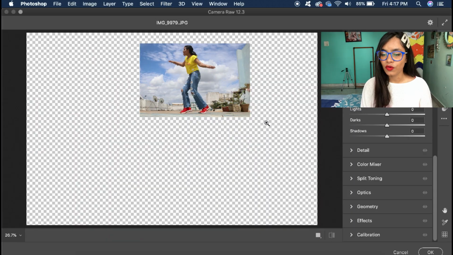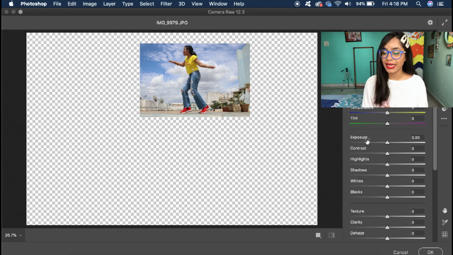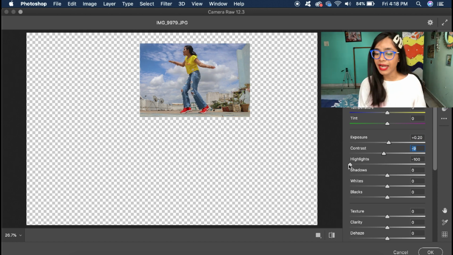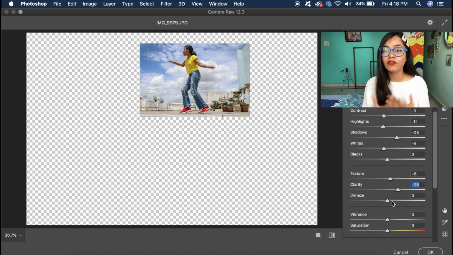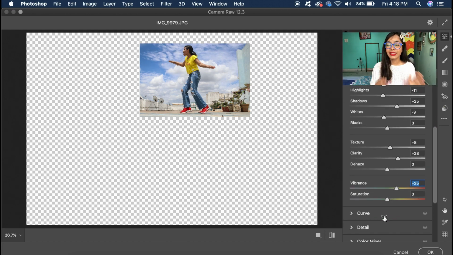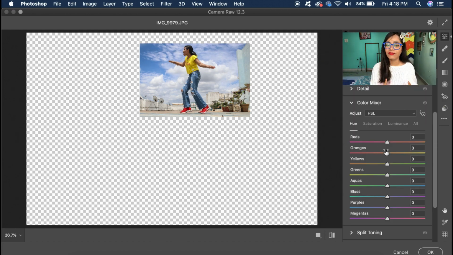As soon as I move into camera raw filter, it will open a mini Lightroom, where I can work with the grids, I can work with exposure, lights, highlights, colors, clarity, dehaze, and lots more options. So you can just go ahead and color grade the picture because it should blend with the foreground image. I'll be making the same changes that I made with the foreground image while color grading it. I hope you get it.